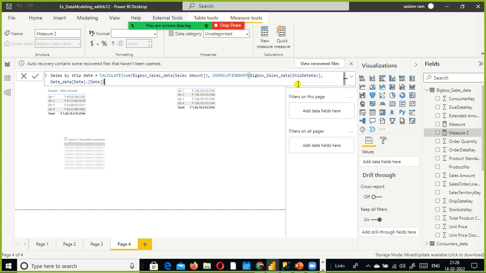That is a prerequisite. And next, you can use this function to activate the inactive relationship as an active relationship for the duration of this computation. The inactive relationship will be active only until this computation is done. Once the total sales, or sum of sales amount, is computed, that value will get stored, and then the relationship between these two tables will become inactive again. Temporarily we are activating it. That's all in simple terms.